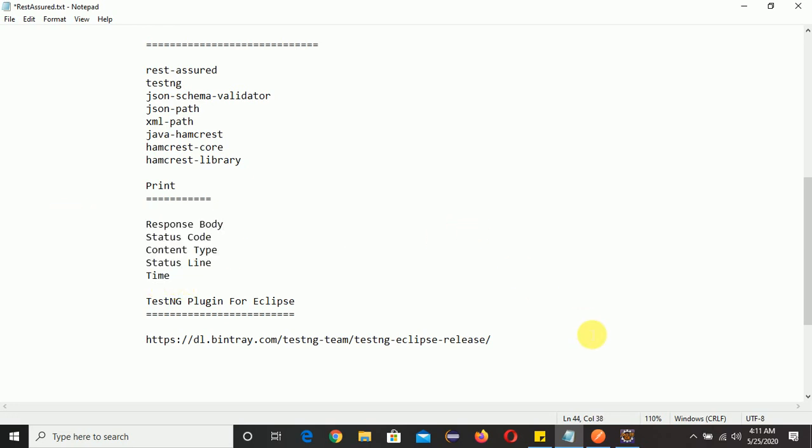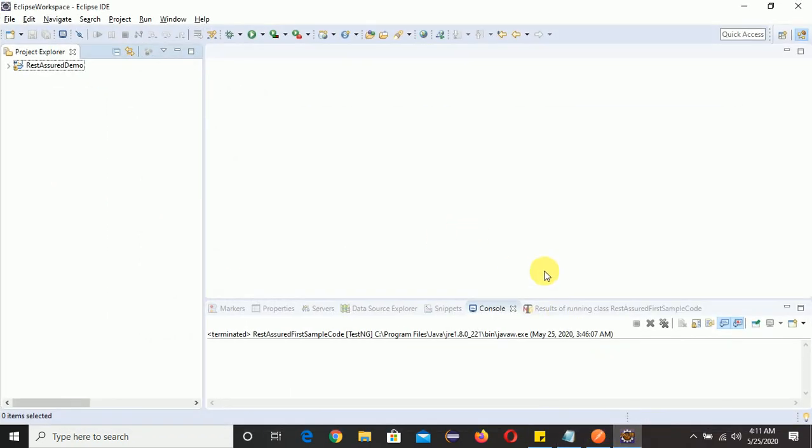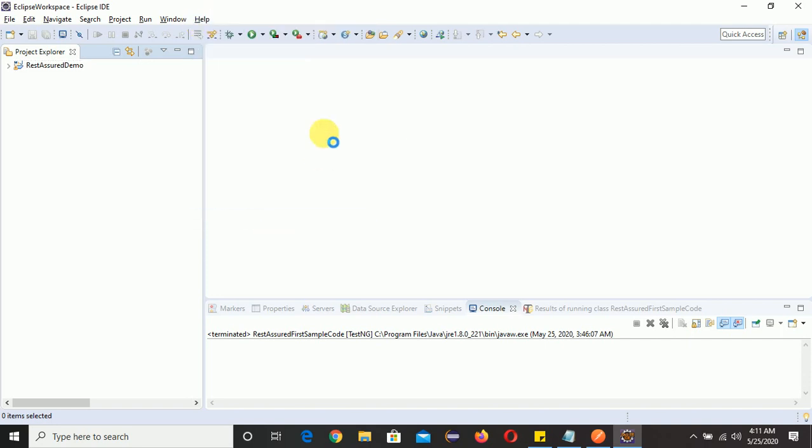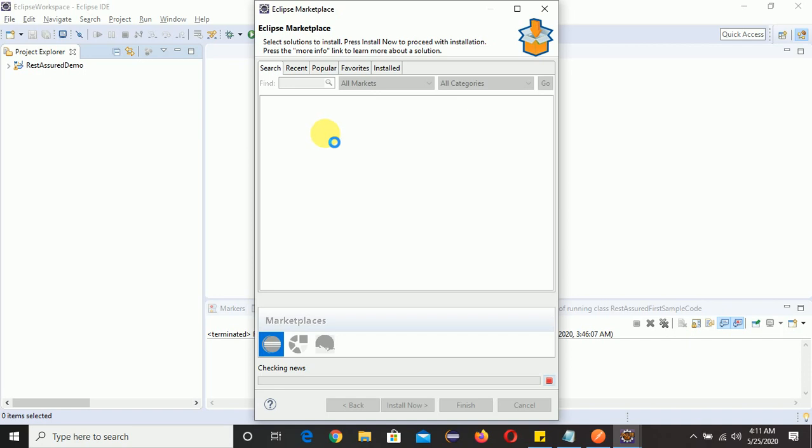So let me open Eclipse. Now I will create one Maven project. Suppose in your Eclipse you don't have Maven, then what you need to do, just go here and click on Help, click on Eclipse Marketplace. Now it is taking some time, so let's wait a couple of seconds here.